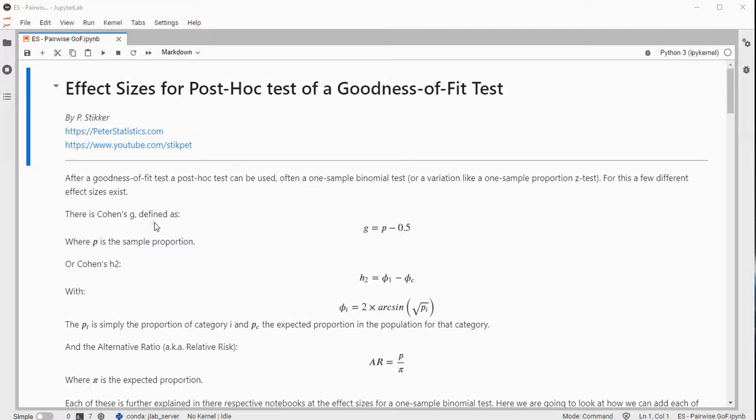Welcome. In this video I'm going to show you how to obtain effect sizes for a post hoc test of a goodness of fit test using Python. I'm using Jupyter Lab as a standalone with a Python 3 kernel. I think it's